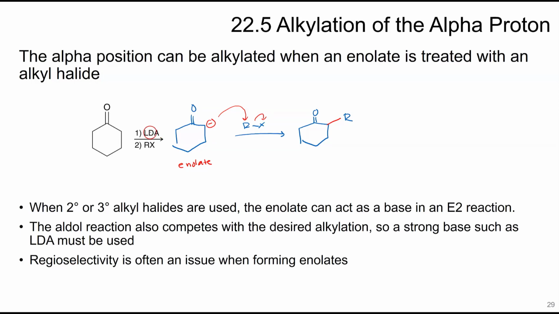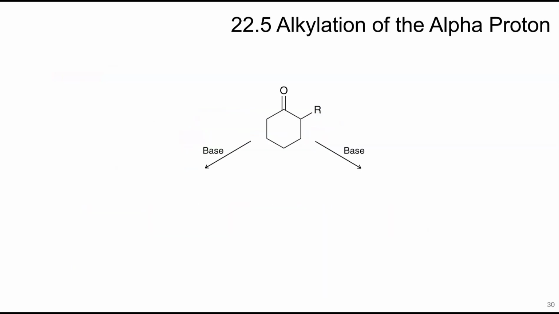When you're using LDA, you have the option of 2 different alpha protons that can be abstracted. So you want to keep in mind that if your molecule is not symmetric, you could have a mixture of products there. So regioselectivity is an issue when you're forming enolates. One way to get around that is to use different bases, just like we use t-butoxide versus DBU to control the elimination product. If you have a substituted alpha proton here, so there's an R group here, one base will give you